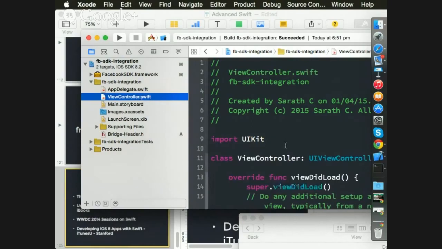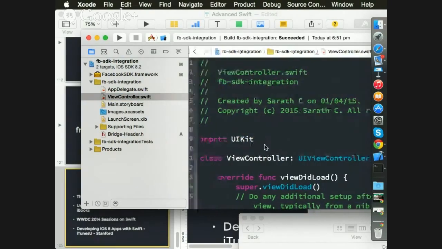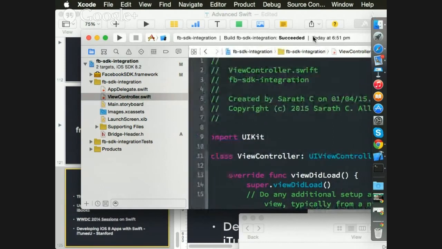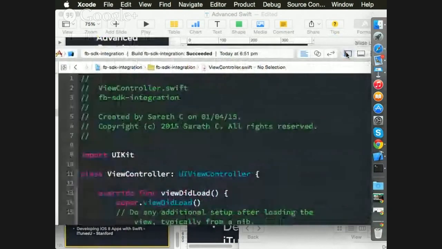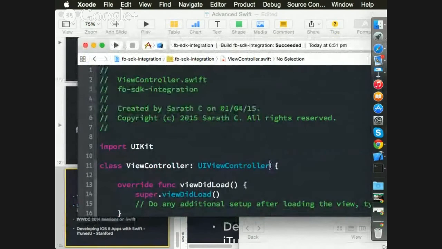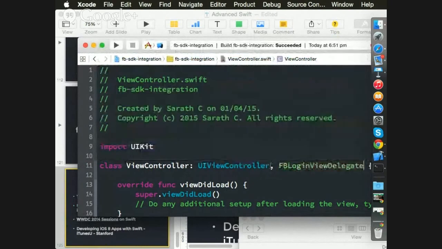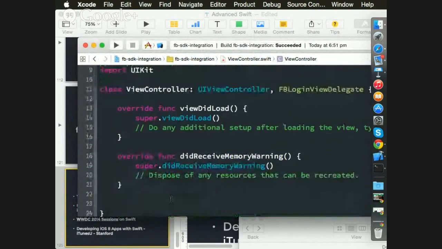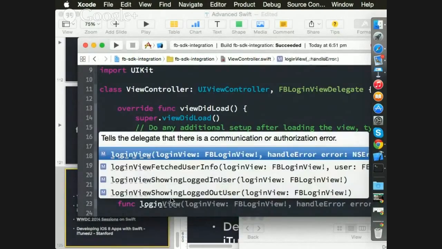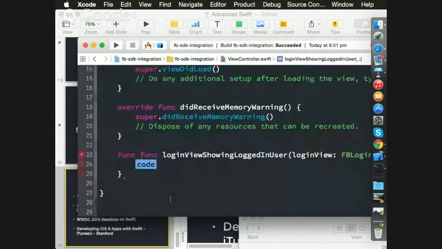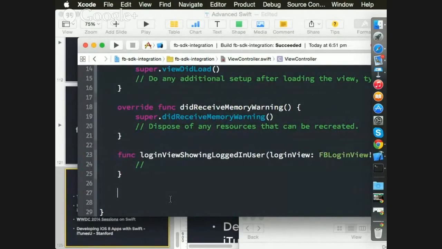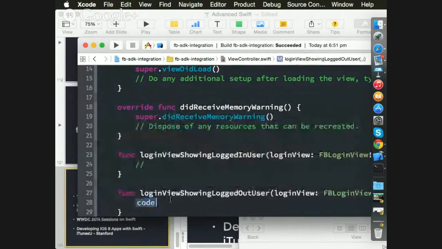Now you need to go back. There are a few things you can do. So here you can say FB. Now, suppose you want to write the delegates, just start writing it like this. Login view showing logged in user info. Suppose if the user is